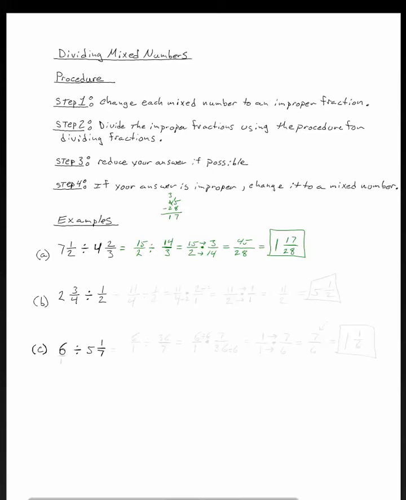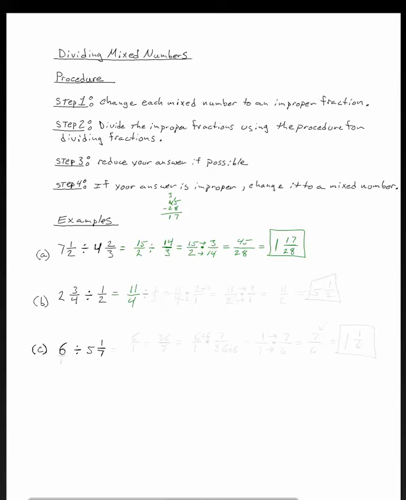For example B, we have 2 3/4 divided by 1/2. Now notice that the 1/2 is not a mixed number, it's just a regular fraction. So the only one we're going to have to change to an improper fraction is the first one, 2 3/4. So we've got 2 times 4 is 8, plus 3 is 11. So we get 11/4